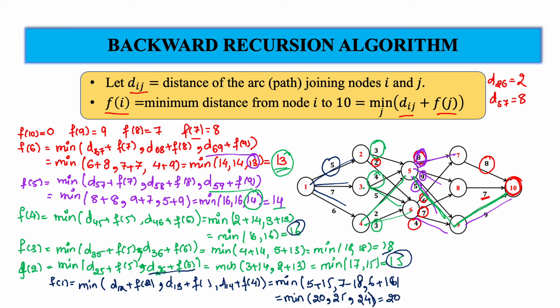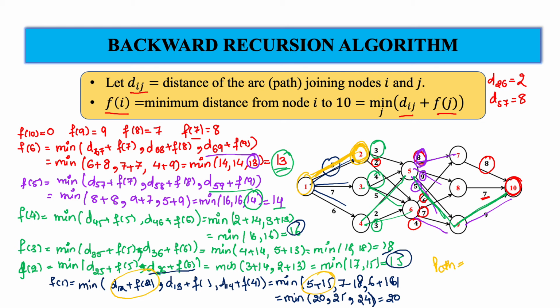Okay, so minimum distance from 1 to second stage is what? 20. 20 how you are getting? If you will see, I am getting 20 from this calculation. So 1 to 2 is minimum path, and from 2 to 10 we have to see what is minimum path. So how we will see? Your path will be what? Minimum path will be what? You will go from 1 to 2. First you will go from 1 to 2, which is the minimum path from this stage to this stage.